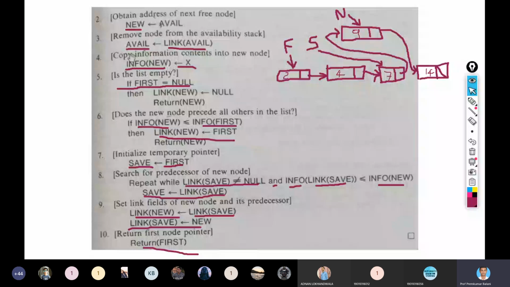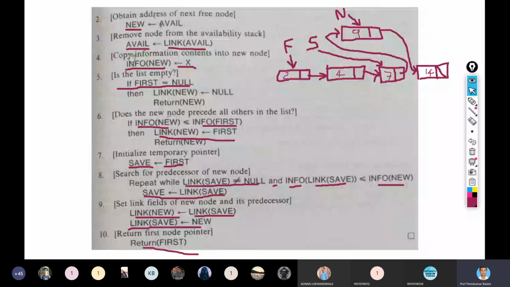Please listen to this carefully. In your exam it may be asked, write an algorithm to insert a node into the ordered list which is maintained in descending order. So there you have to do some changes.